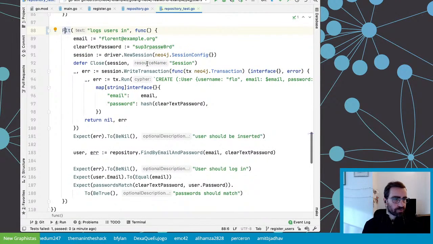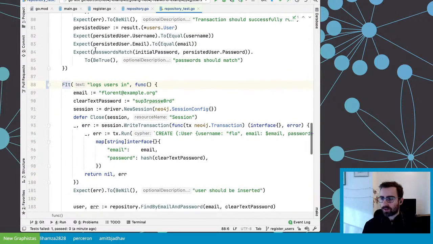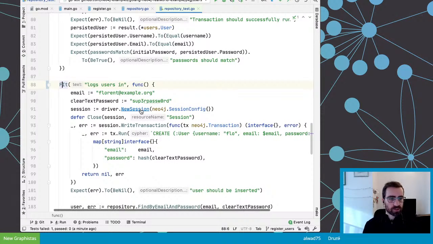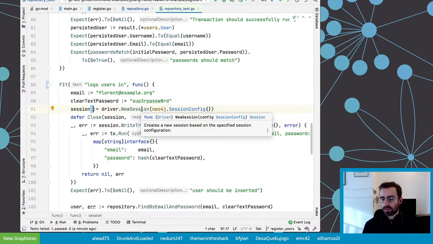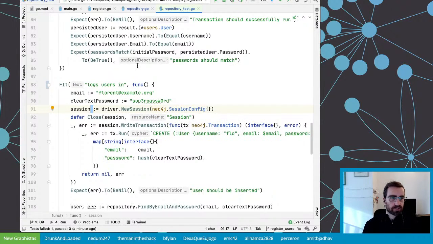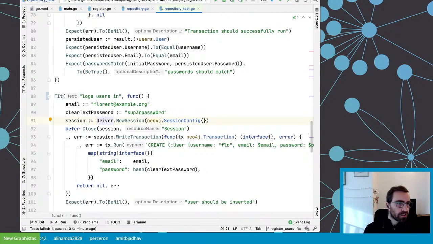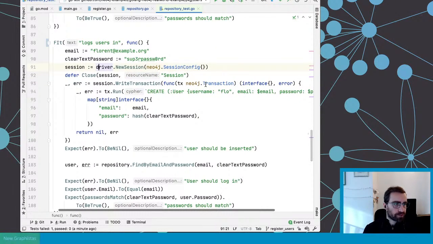Before I go to that, I forgot one little thing. I mentioned that I upgraded to the latest beta, so beta 2 of the driver, after the last live stream. The only difference I've seen so far is that when you call new session, there is no error anymore. So I just had to fix the extra variable assignments, and that's it. That's the only difference I've seen. My colleague Peter could explain in a lot more detail what changed, but that's the only change at the surface I saw.